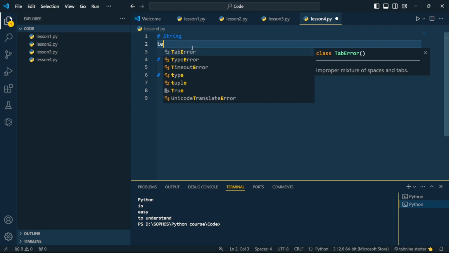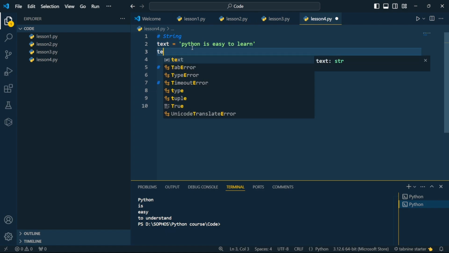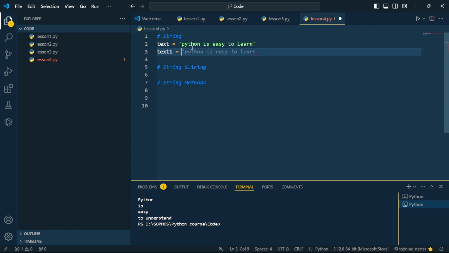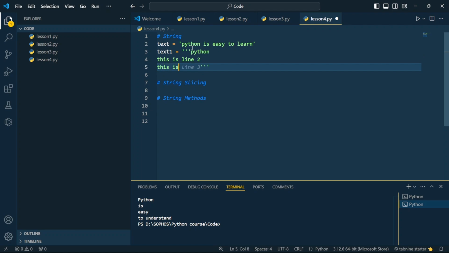How to declare text. So let's say text, you put quotes, Python is easy to learn. This is one way. Another way is, if I have a long text with multiple lines, I can put 3 quotes, just like a comment. Python is, and then I enter. I do not write it in this line. This is line 2, this is line 3, and so on. I can write multiple lines. Now if I print,